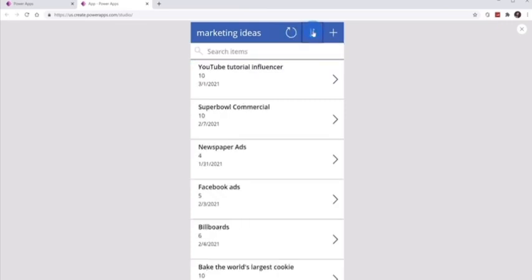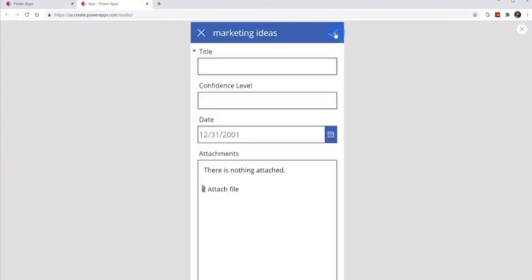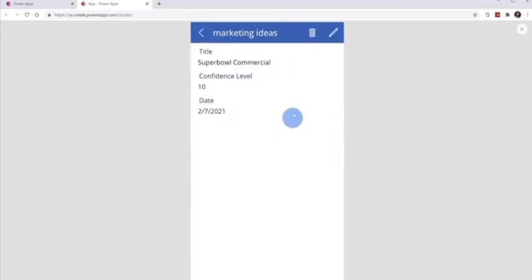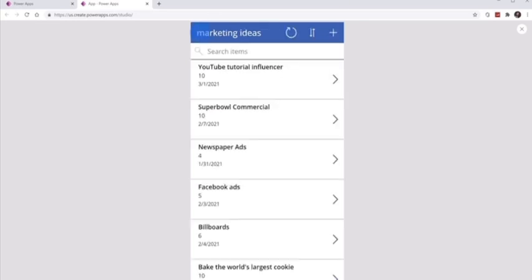Once we're all done, let's go over in the top right-hand corner and click on the X icon back on the main screen. If I want to jump through the app similar to how I was able to navigate through the app in the preview, I can press the Alt key on my keyboard, and then I could click on different items on the app here. For example, if I want to go back to the form where I can add in,